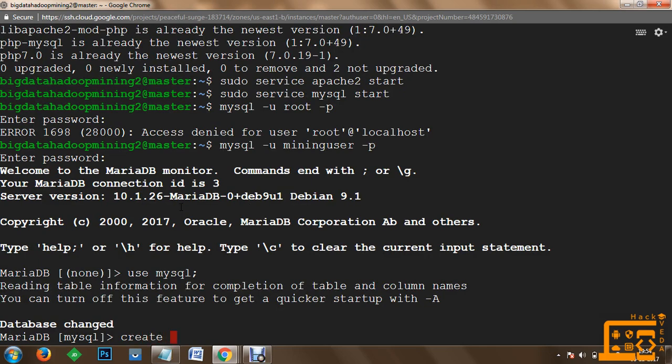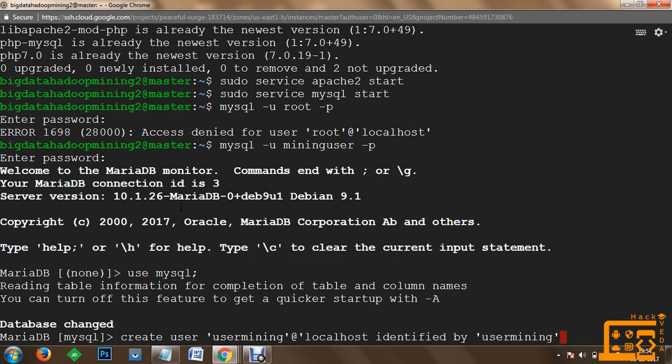Let's do that. Create user, and this user will be user mining at localhost, and we are going to specify identified by, and this value has to be the password. Let's say the password will be user mining again.